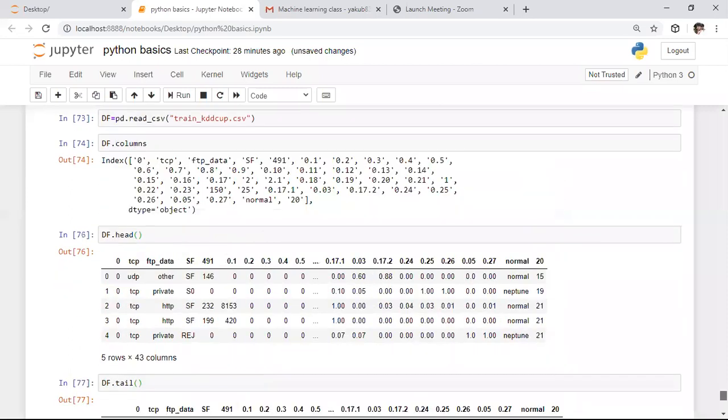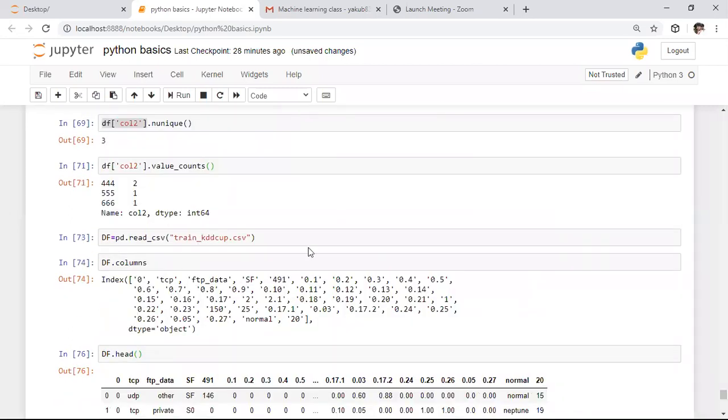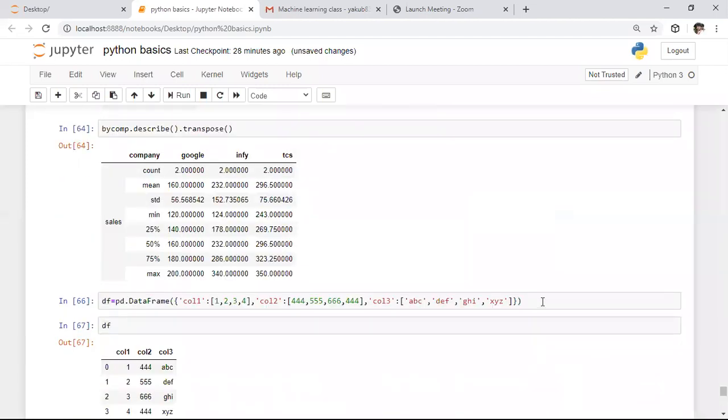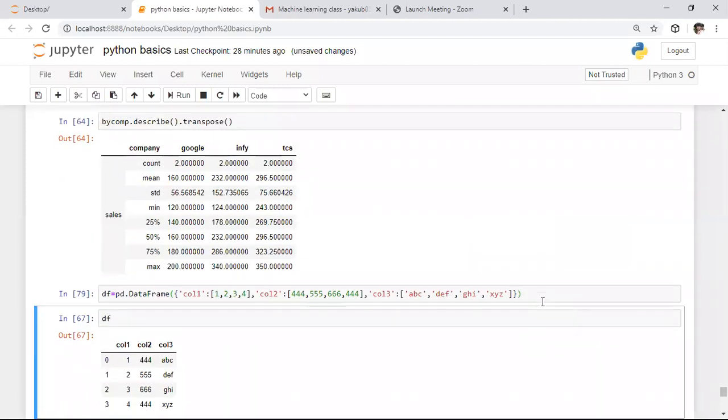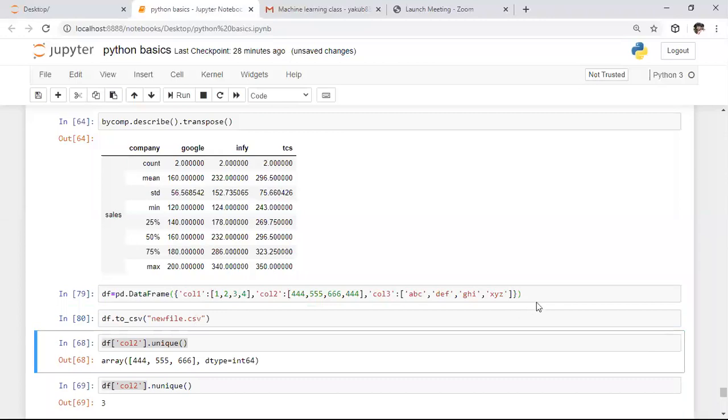Whereas if you want to create a new data frame with the existing data, let us assume I want to create one CSV file by using this data. To create an Excel file or CSV file, if you want to create one CSV file, we need to say to_csv. I want to convert this data frame into a CSV file, and whatever name you want to give this file, you can give it. Here I'm saying new file dot CSV. Here I am running this portion. Whenever you run this portion, so here